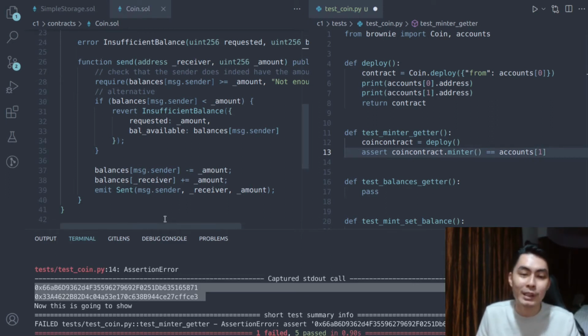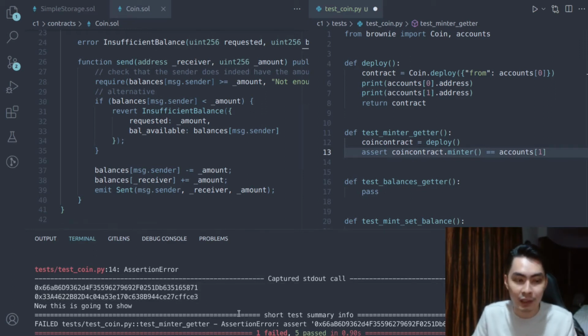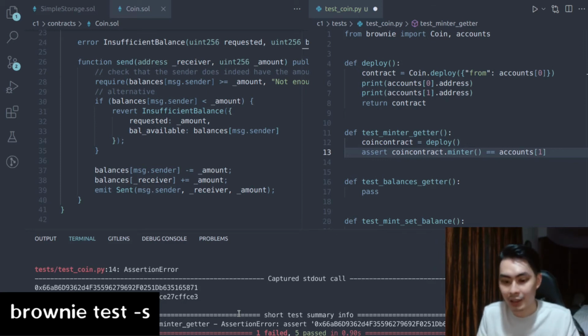If you like to see print statements all the time as they are being executed, then you can pass the S flag. So you would do something like Brownie... You may be tempted to do something like that. Now this is not the way you do it. Instead, you want to do test, and then you want to put a dash s. So if I run that now,